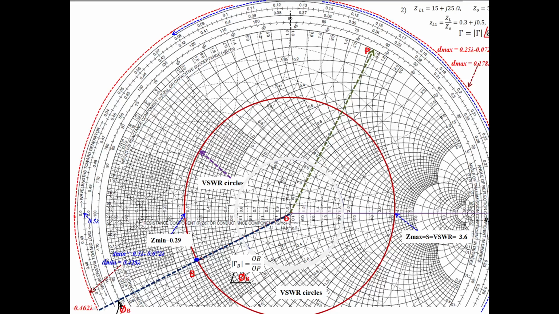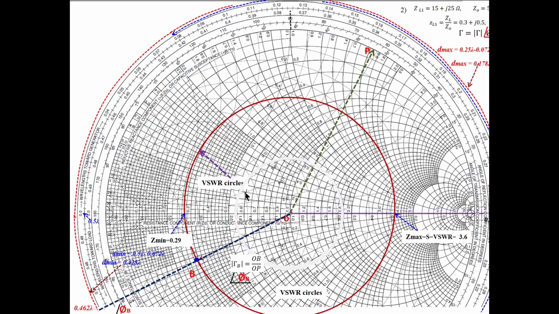Okay, 152, that value. Minus 152 is the reflection coefficient angle. But the magnitude is OB divided by OP only. OP is the distance from the center to the load, measured using the scale. OB divided by OP is the reflection magnitude, that remains. But for the phase difference here, the phase of the reflection coefficient is negative. Whatever the reading here, you have to read.